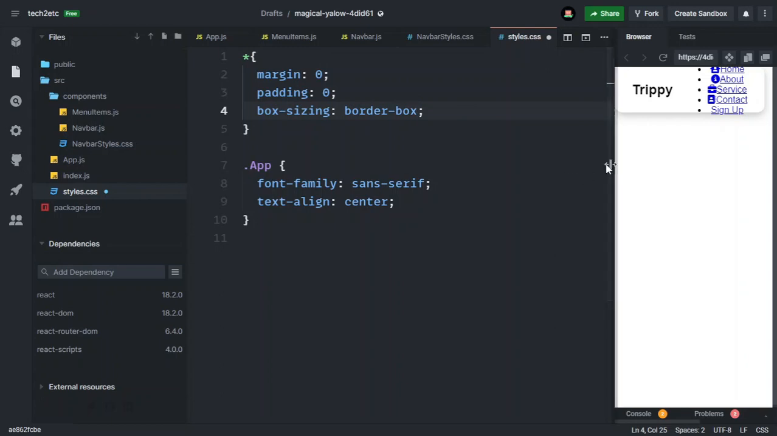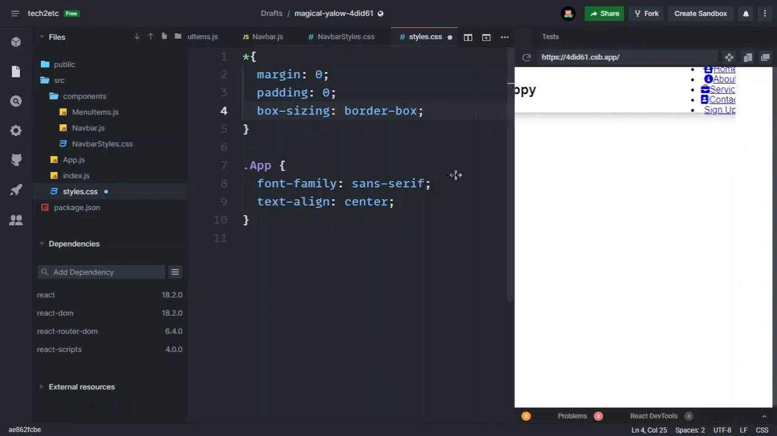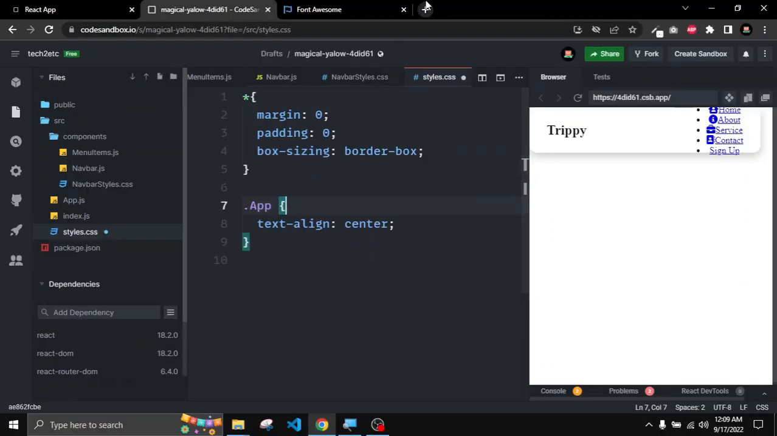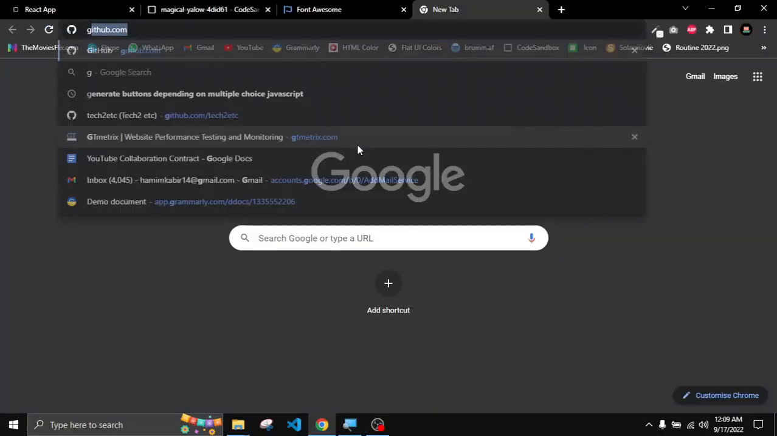That's it. Now here you can see that we do not have any space. Okay, after this one I want to change the font family. I don't want to use the sans serif. I will use a different font family from Google Fonts. So that's why let's go to our Google Fonts